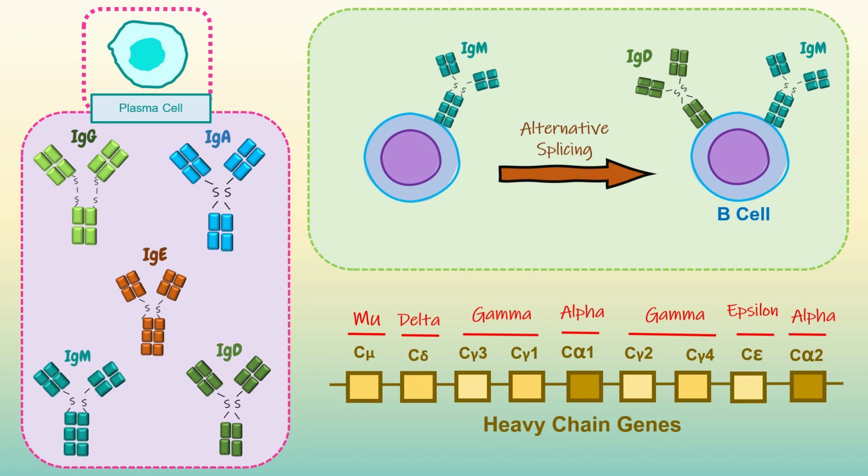That's why the B cell receptor is IgM. After this development, B cell undergoes alternative splicing. This is the process by which the cell expresses heavy chain for both mu and delta, that is, for both IgM and IgD. So, both IgM and IgD are expressed on the cell. But the B cell is mature and naive. Naive means the B cell has not been exposed to pathogen, and then these B cells pass from one lymph node